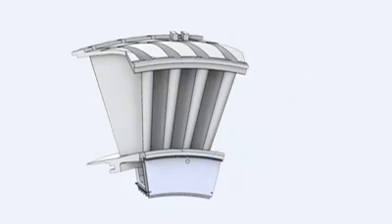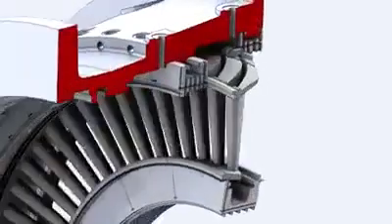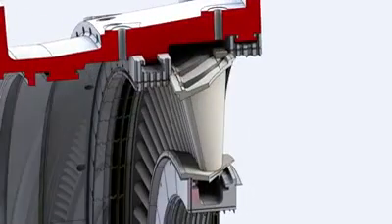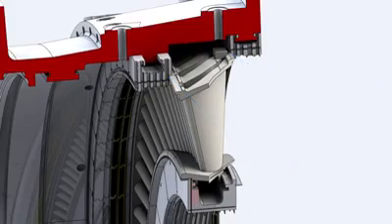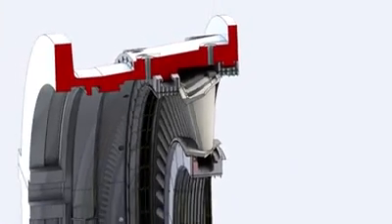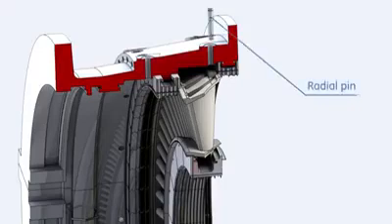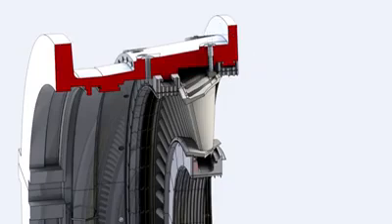The third stage nozzles are not air-cooled. These segments are installed to the stator in the same manner of the second stage nozzle. The third stage nozzle is supported by the second and third stage shrouds. The nozzle segments are held on the circumferential position by radial pins from the turbine shell into axial slots on